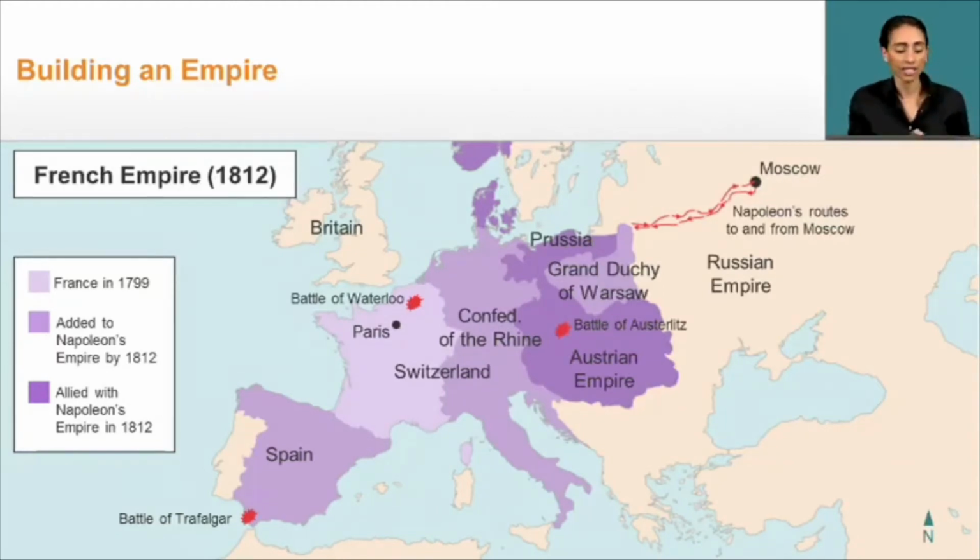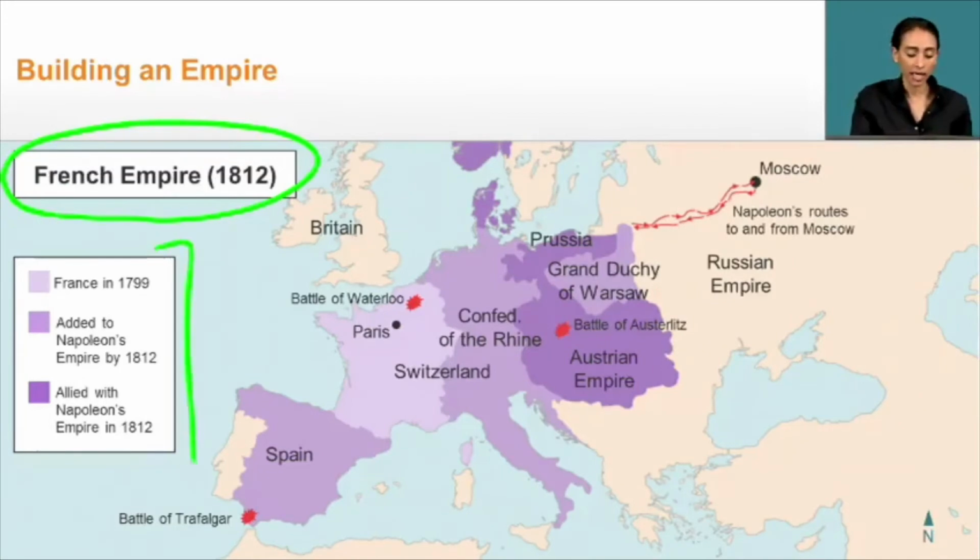And what we're looking at here is a map detailing the French Empire as it was by the year 1812. But if you notice our key, it shows us that France actually grew considerably in a pretty short period of time. Right after Napoleon becomes emperor in 1799, and you can see it's this lighter shade of lavender here, the boundaries of the French Empire are really limited to the boundaries of what France is today. But look what's happening. By 1812, just a little over a decade later, the boundaries of the empire have grown considerably.